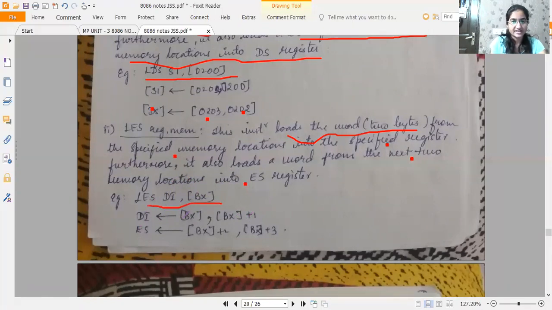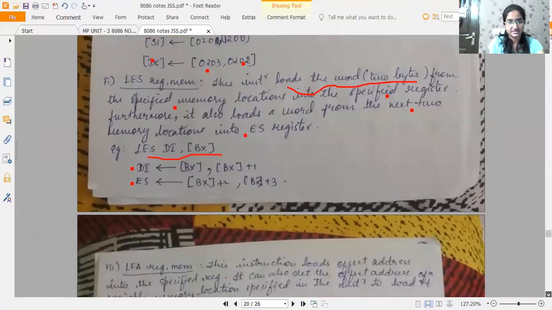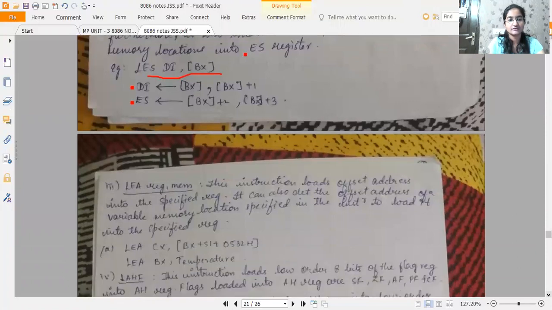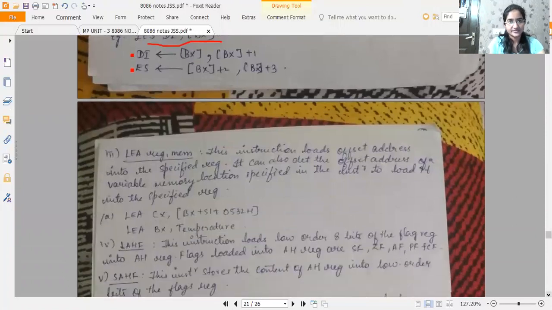After completing this, it is supposed to move the content of the next two consecutive memory locations into the ES register, the extra segment register. So that is the main function of LDS and LES: load DS register and load ES register.